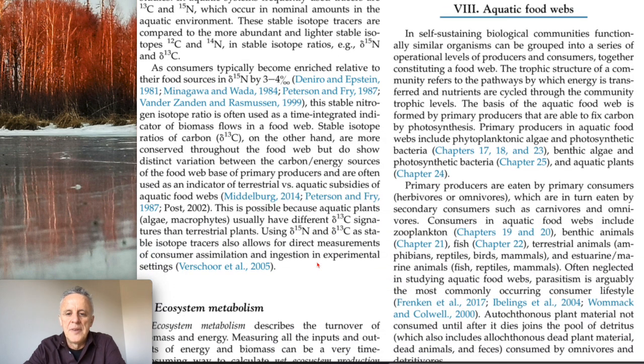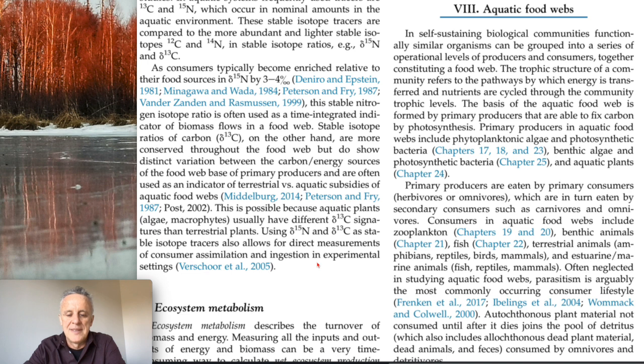Aquatic food webs. In self-sustaining biological communities, functionally similar organisms can be grouped into a series of operational levels of producers and consumers, together constituting a food web. The trophic structure of a community refers to the pathways by which energy is transferred and nutrients are cycled through the community trophic levels. The basis of the aquatic food web is formed by primary producers that are able to